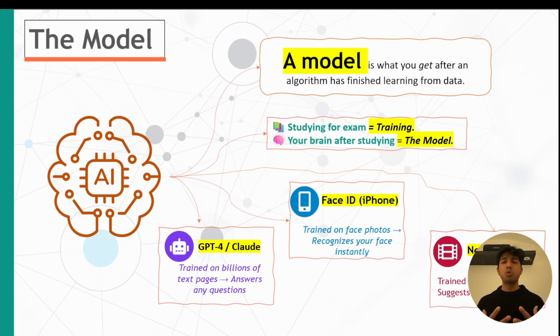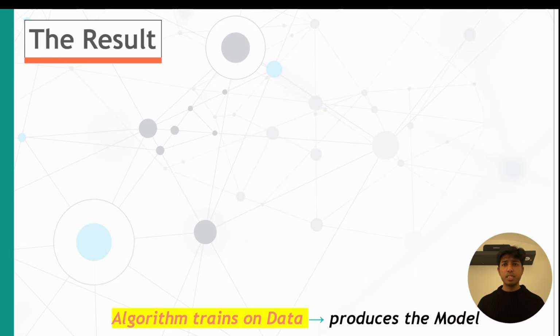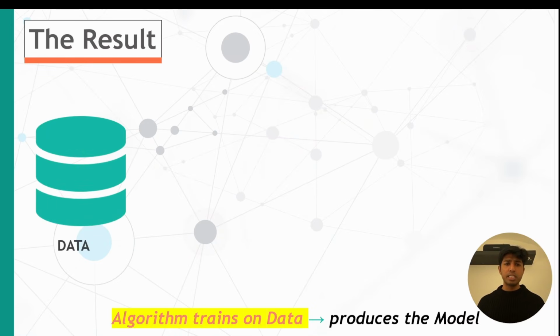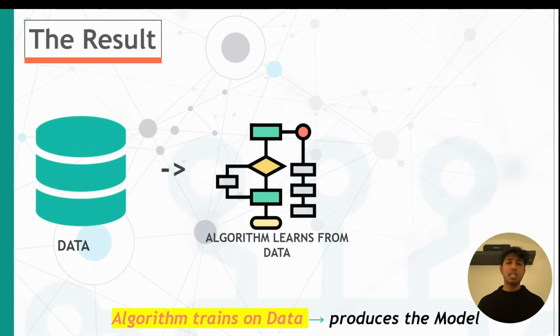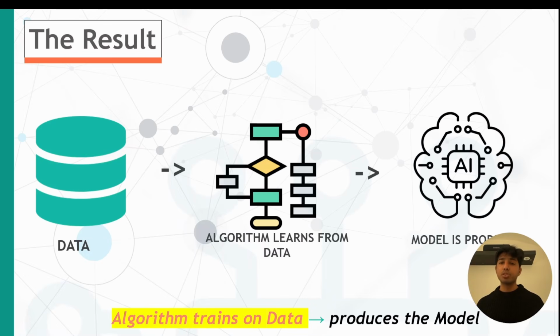It suggests what you like, what you enjoy. So that's what a model is. I hope it is clear to you. Now, before we move on further, let's see what we learned. So we learned data, and from data, the algorithm learned patterns, and this algorithm, once it finished its learning, produces a model. So a model is produced from data and an algorithm. So we have data, we have an algorithm, and then we get a model. I hope it is clear to you. Let's move on to our next topic.